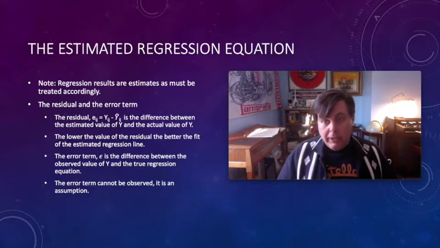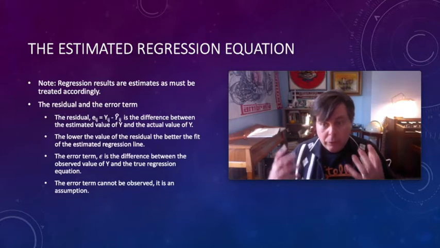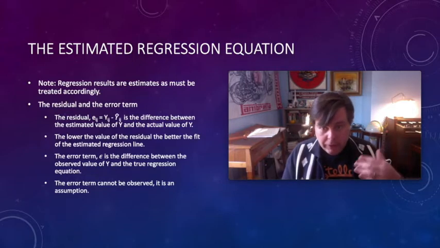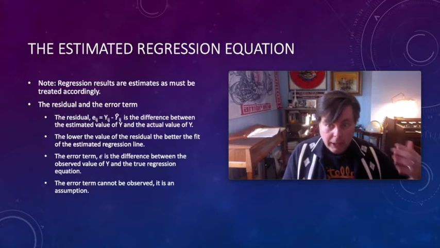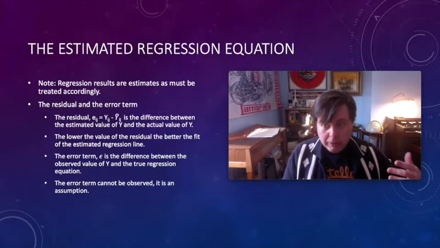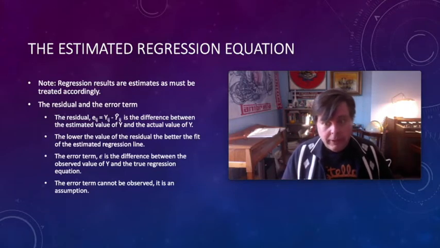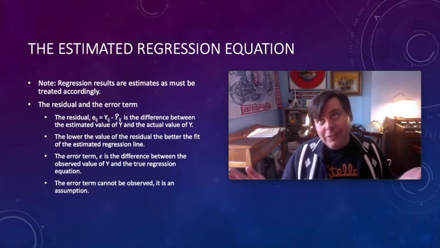Another important idea: we had that error term before, and we also have this idea of a residual. The two ideas are related. The residual is the difference of the estimated value of the dependent variable from the actual value of the dependent variable. You might think, what is that? Well, let's go back to our lemonade stand. Let's say temperature went up by 2 degrees, so we're going to estimate that we're going to sell about